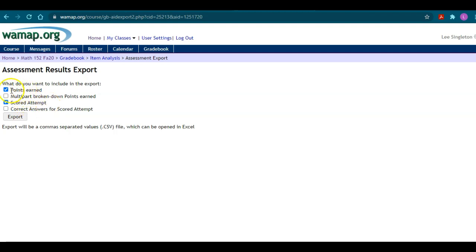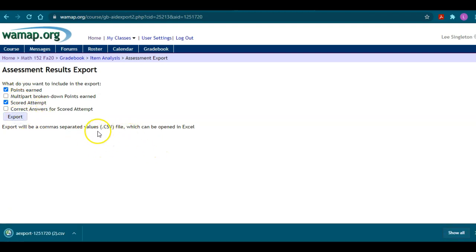So just make sure both of those are checked. We don't really need the correct answers included or the multi-part broken down points. So you can do just those two check boxes, points earned, scored attempt. Hit export, and this will do a comma separated value file, CSV, and you'll want to just follow the other instructions that are included for that afterwards. So if you just want to go and open that,